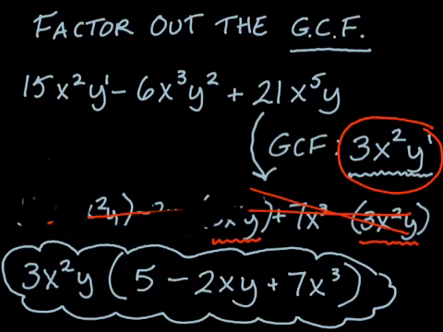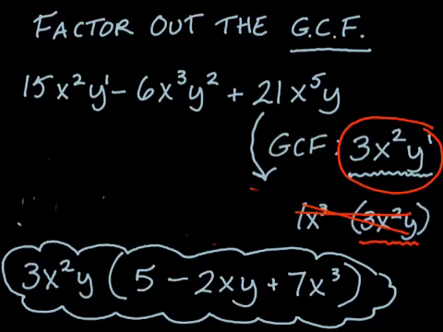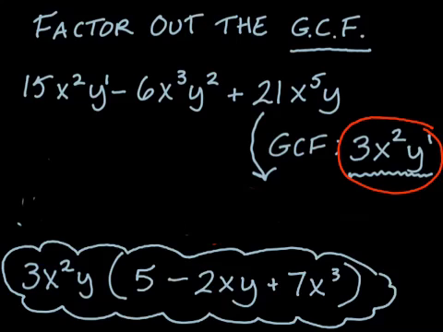You can always rewrite it just the way we did, doing it out step by step. Or, as I said, with practice, you can start to skip all the middle and just jump from the original problem to the end. So when we do that, what we're really looking at is saying, okay, I know that my greatest common factor is 3x squared y. And what I'm going to do is take my original problem,